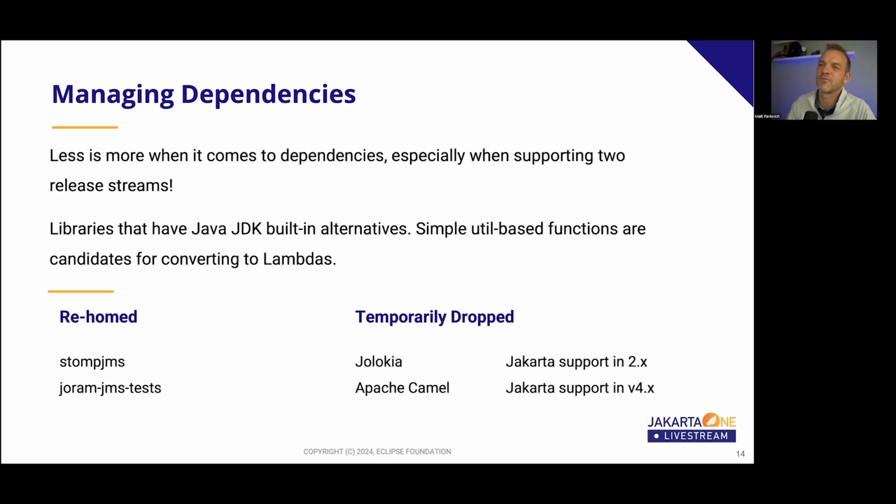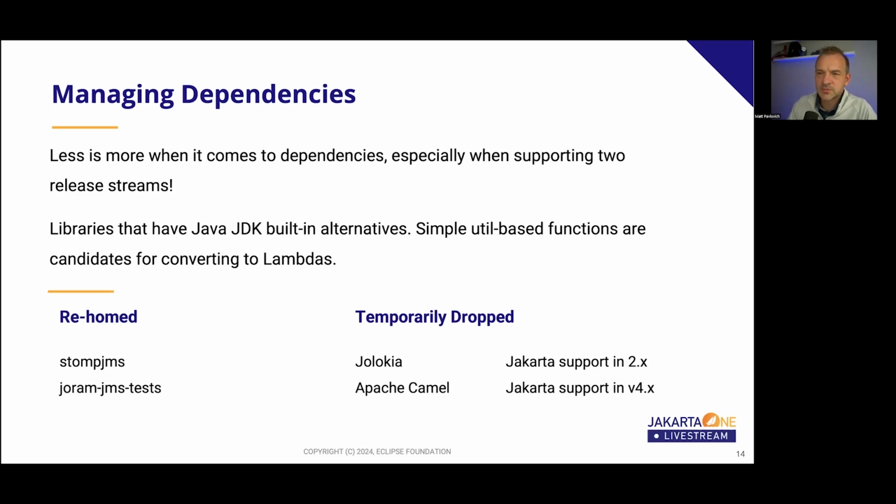It's kind of rough to pull in two or three libraries if you're using four methods out of them, right? Self-hosting can sometimes be better. Also, if you've got a bunch of simple util-based functions, like string formatters and time formatters, those are great candidates to be converted to lambdas and things like that. So leverage the language. The JDK is moving rapidly, and it's great. The fewer dependencies you have, the easier it is to maintain your long-term Jakarta-based code base, and also to move between Jakarta and pre-Jakarta.